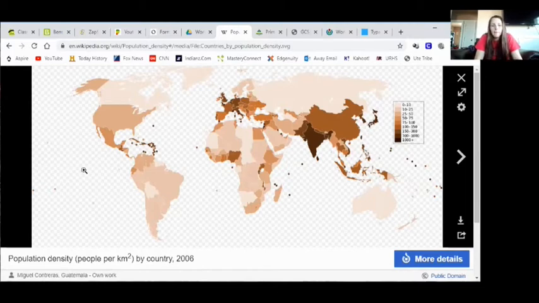Other population or other distribution maps, because that's one thing on your quiz, distribution maps, basically show how things are distributed. Right now this map is showing how population density is distributed through the world. Every section has its color meaning a certain thing about that country. So it could show